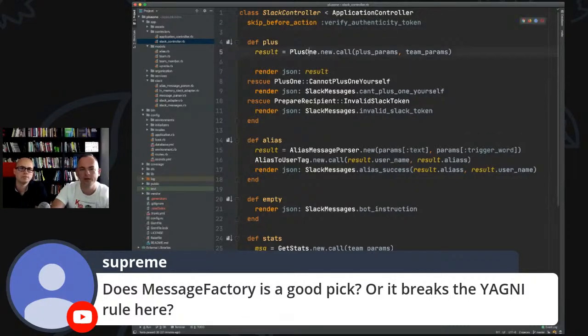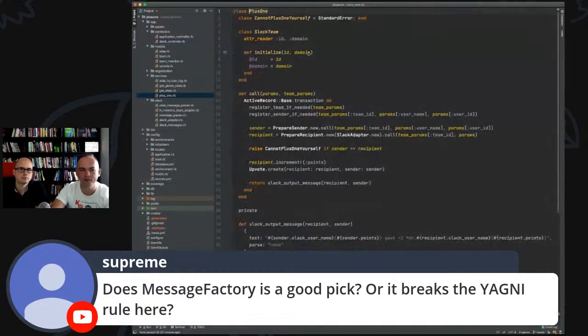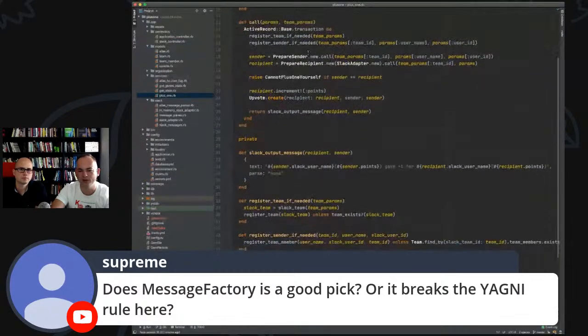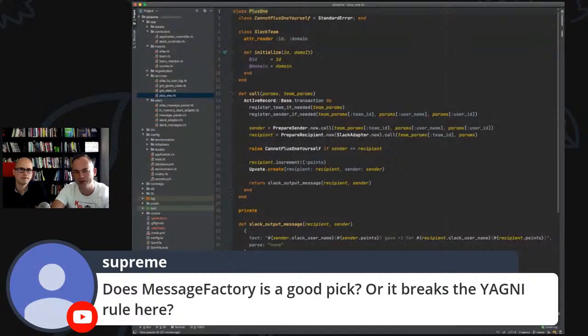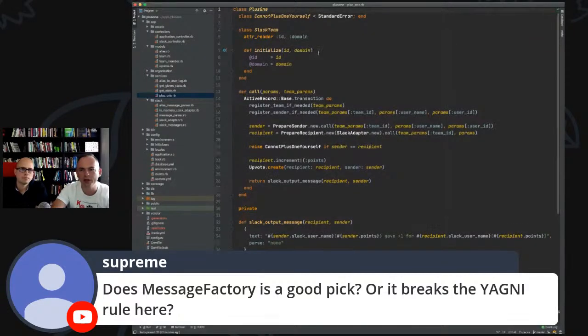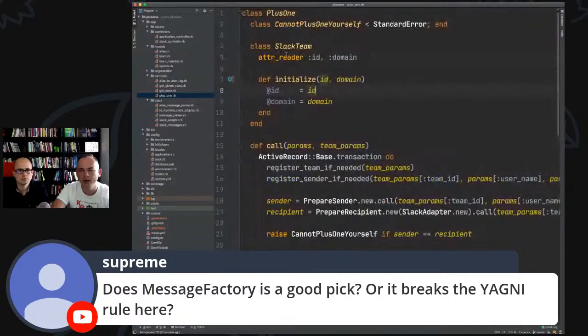Okay, so let's go into the +1. In a way, it's a service object, but I'm in the middle of bigger changes. It used to be much different. In some ways, it was better, in some ways, it was worse. What I'm trying to do with my refactorings recently is to make it more clear what the domains under the hood are, and there is probably more than one domain, which is actually interesting. It's more about architecture than about design, probably.